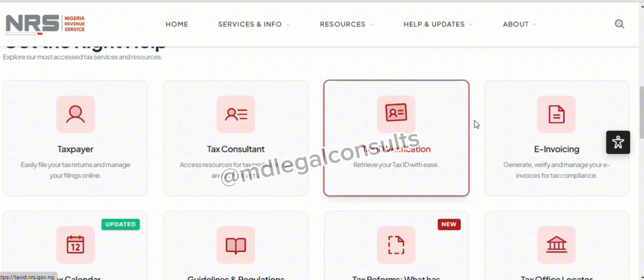Please bear in mind that on this new platform, for now, they are not issuing physical TIN certificates. So what you would be using as your TIN evidence, your TIN information and evidence, is your CAC certificate, because the TIN would be on display on the CAC certificate. So when you click on tax ID verification,